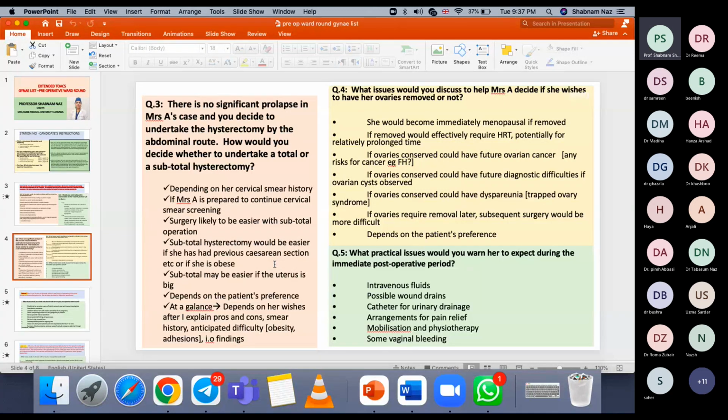Drain होगा, catheter होगा, दर्द हो रहा है, दवाइयाँ खानी है, mobilize नहीं कर सकती, physiotherapy की need होगी, some vaginal bleeding है, ठीक है? So these are the problems or issues, the practical issues. You have to counsel her immediately in the postpartum period. वो आपको उसको बताने हैं कि ये problems होंगे, आपको drip भी लगेगी, wound drain भी होगा, catheter भी होगा, दर्द की दवाइयाँ भी देंगे, एंटीबायोटिक भी देंगे, मोबिलाइजेशन थोड़ी डिफिकल्ट होगी, जिसके लिए आपको फिजियोथेरेपी भी करनी पड़ेगी और सब वजाइनल ब्लीडिंग भी होगी. You have to counsel all this, right? Am I clear, Rima?